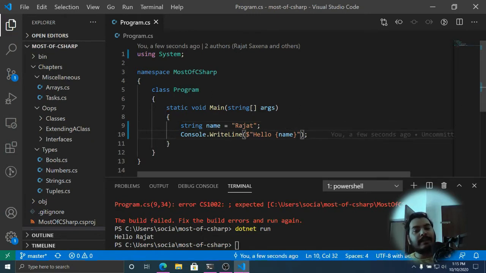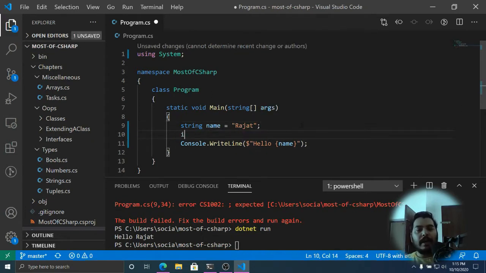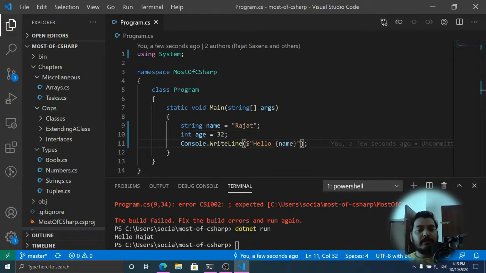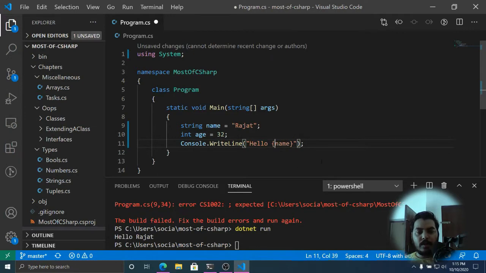There is one more way to output things on the console. Let's suppose I have two variables. Now I also have an int variable of age. Okay, I want to output these two things. How can I do that? We can also use something like placeholders. Okay, so "Hello {0}", and again the new placeholder. Now for placeholders we are going to use the relative positions 0 and 1.